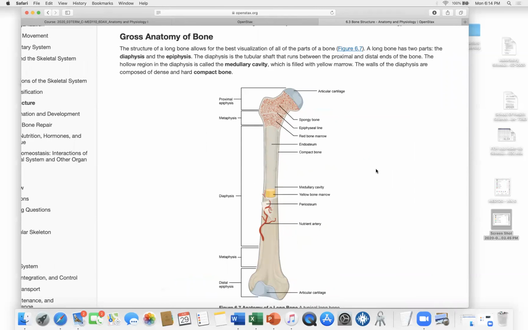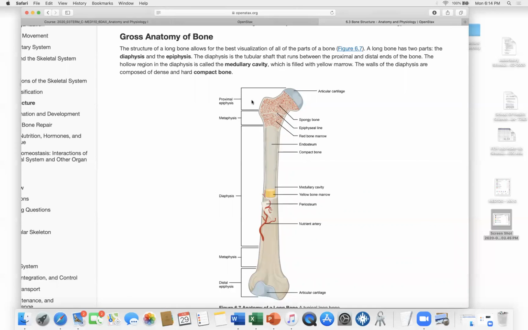This is the anatomy of a long bone. This is a classic bone, and now you can see that the bone isn't actually solid. It's actually made up of several layers, and you can see that there's a periosteum. The periosteum is the outer layer. You can see that the bone is made out of a more compact bone here, and